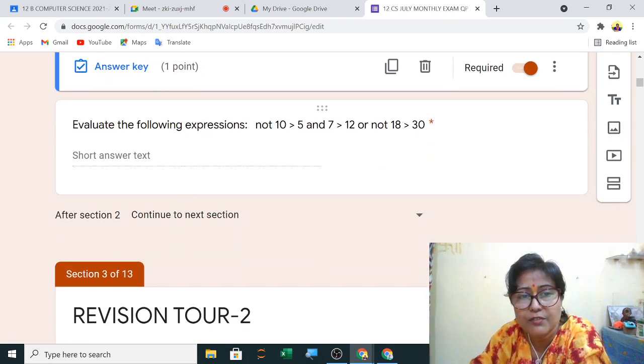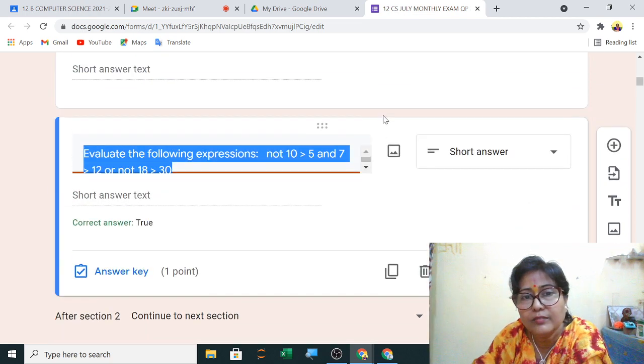Next, evaluate the following expression. not 10 greater than 5, and so on; we will start. not 10 means it is False. Here not 18 will be False. Now greater than 5 will be True. First let us solve all the logical ones.